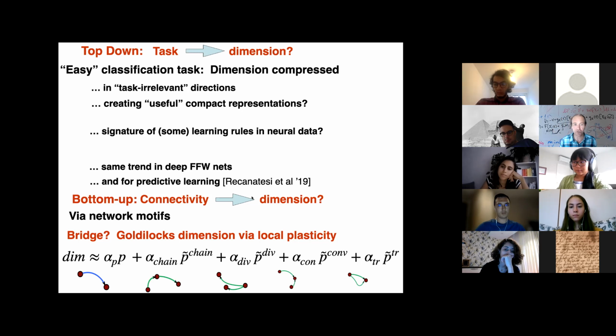And the first thing to do would be to actually ask in these cases whether motifs are changing in some systematic way. And then a deeper thing to do would be to actually argue that there are local rules that can take advantage of the local control over global dimensionality in order to do this type of learning. That's a pipe dream. Probably nothing like that paper will ever be written,